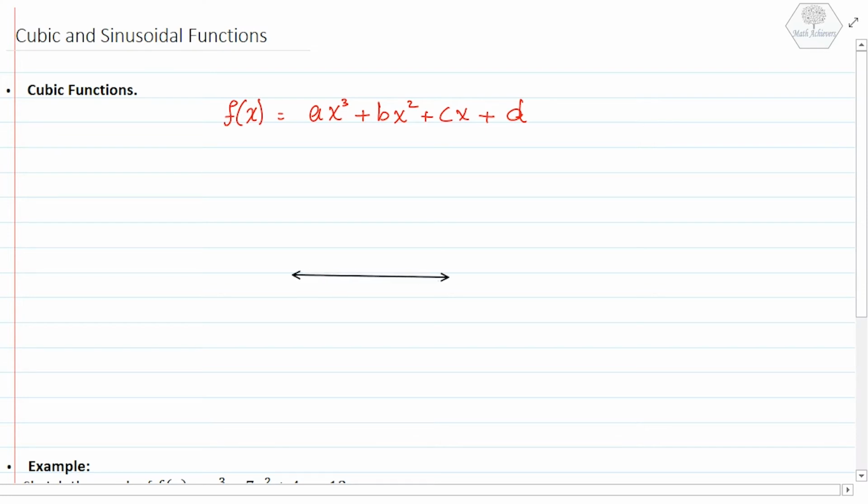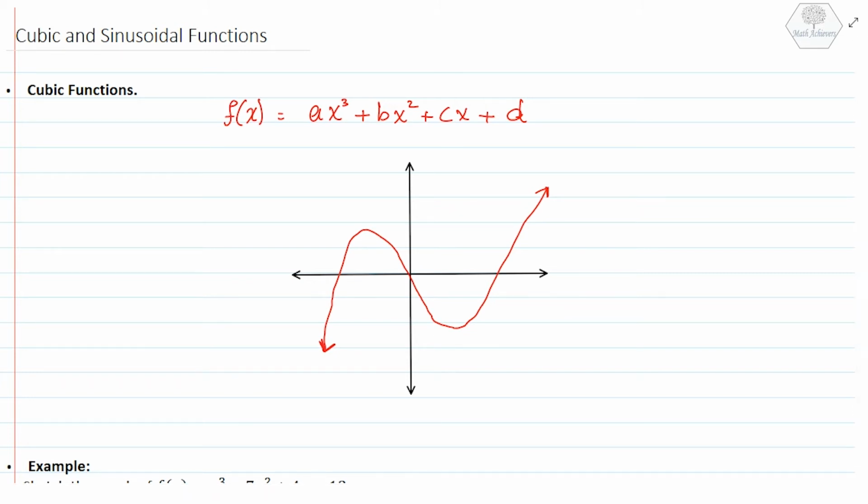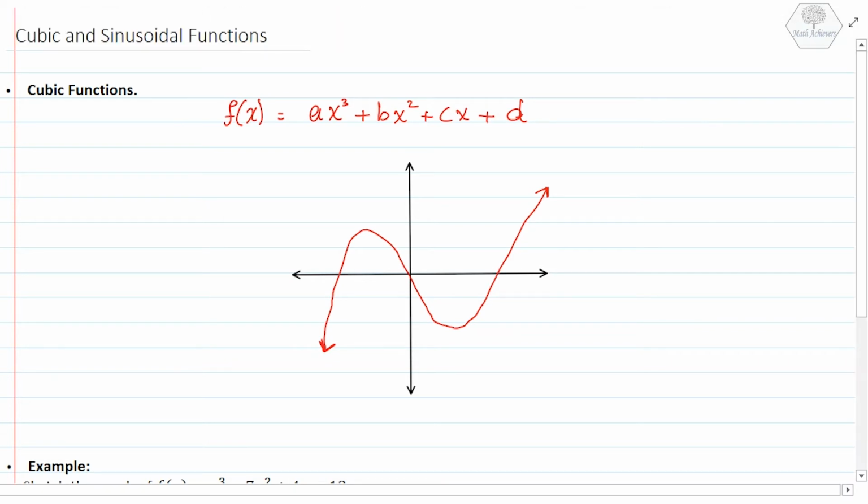Let's draw our axes. If we want to draw our cubic function, this is an example of a cubic function. It is continuous, and this is continuous from this side. What we know about the cubic function is we have to know the